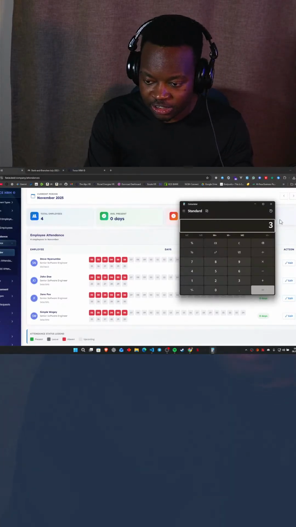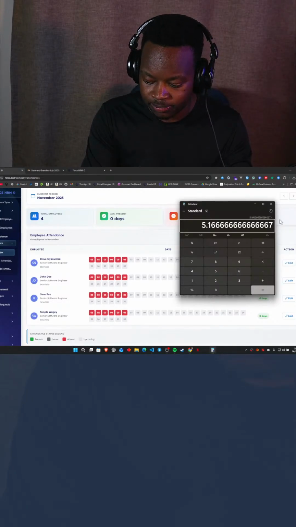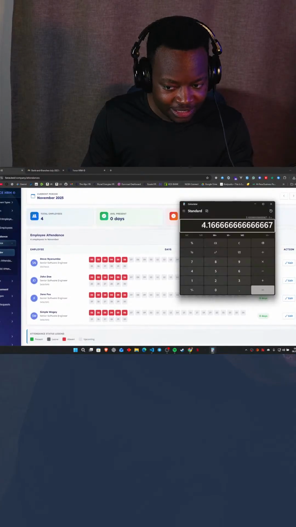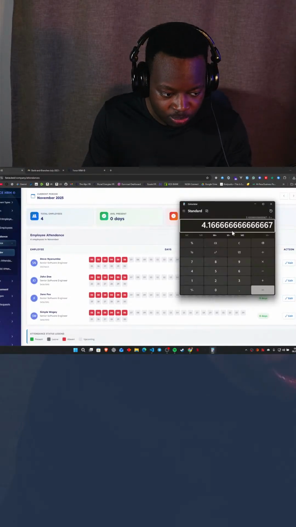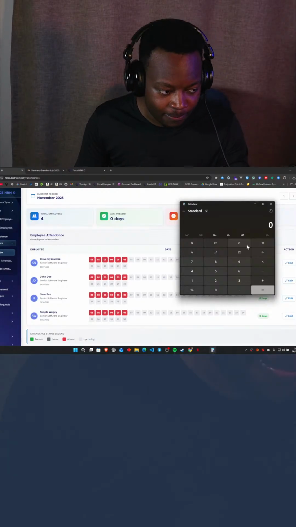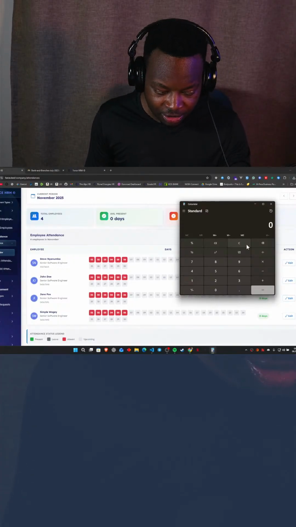But in a 31-day situation, we divide by 6 minus 1. It's at 4.1667. It's above 4 days, so it should be 5 days automatically. So in a 31-day month, it should be 5 days. In a 30-day month, it should be